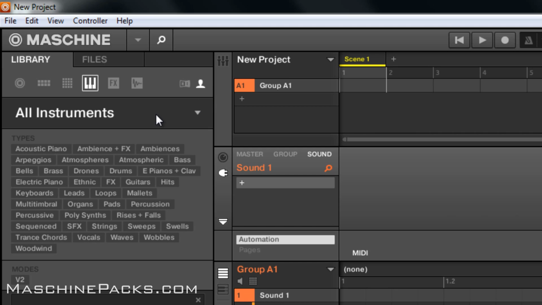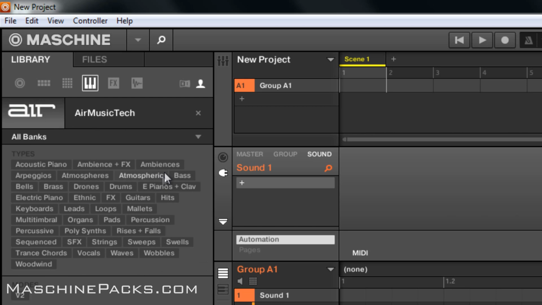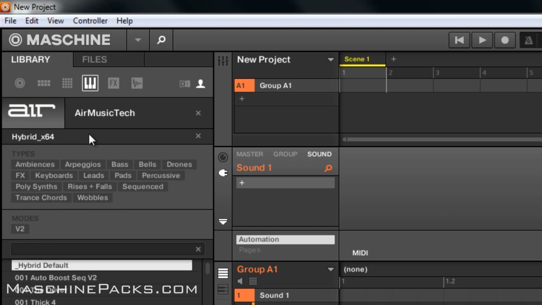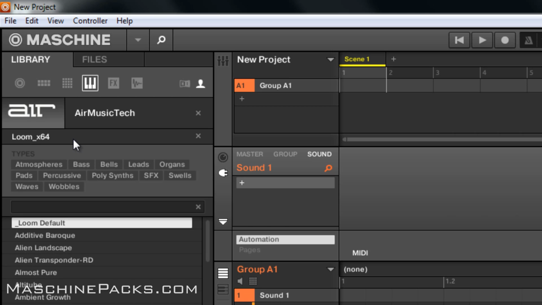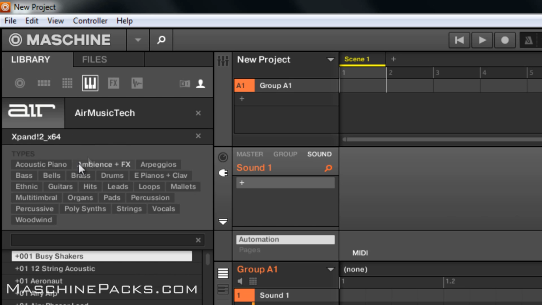So now if we go over under our instruments, you can see right here, you got to be under your user. And we look, that's the file we added, the picture file, so you can see Air Music. And then we have all our stuff right here. Now, if you have more than one from the same manufacturer, you'll see the banks right here for the individual plugins. So you can go into the individual ones and just focus on whatever plugins you want. And of course, this all pulls up directly on your controllers as well.